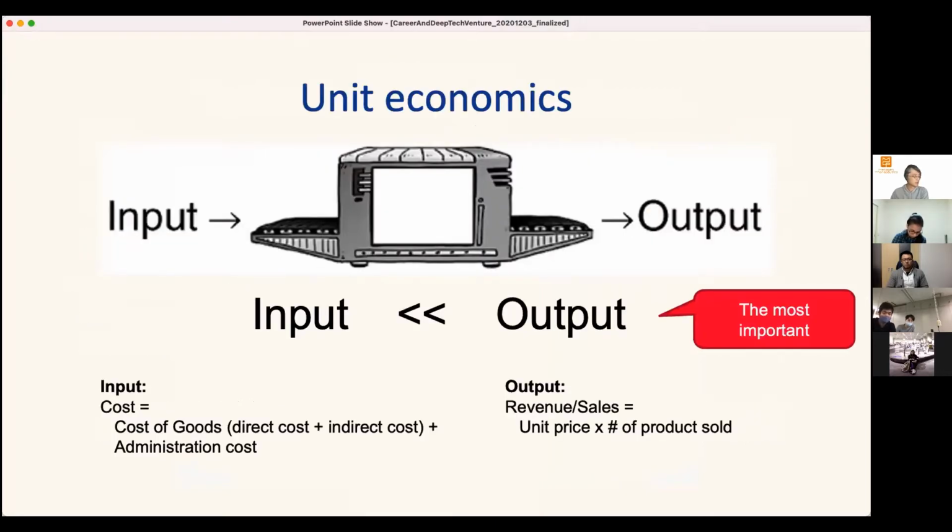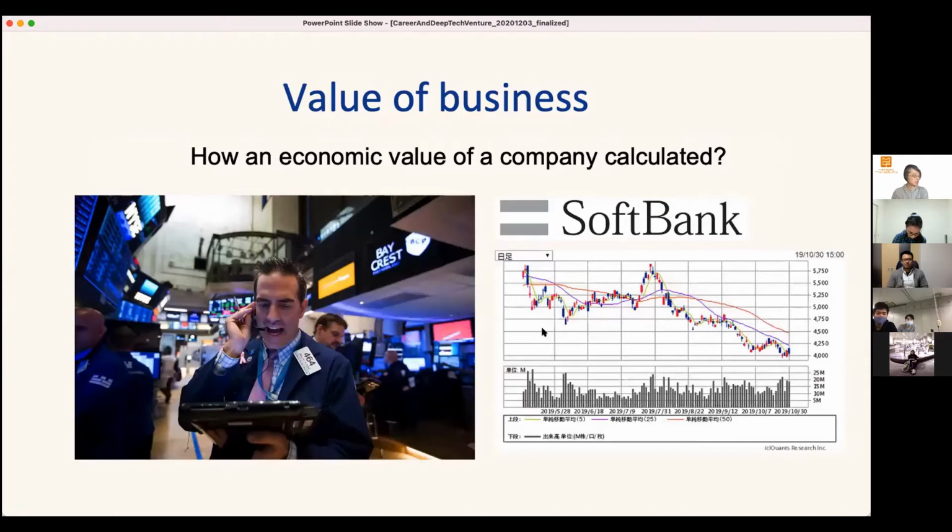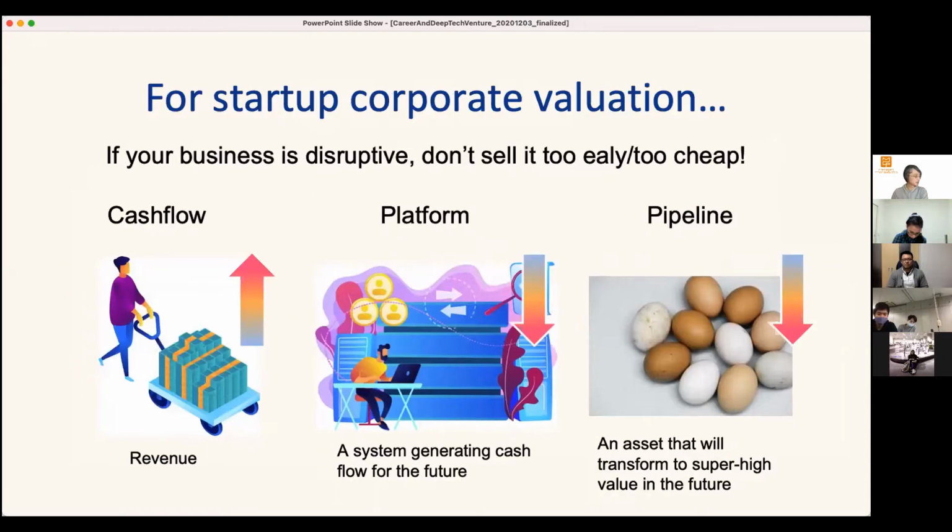So that's the first part, and I will quickly go through the value of the business. And as I said, the most important thing is unit economics. So if you put some money into your business and you get a return, your input needs to be much smaller than your output. And sometimes students design a business to input $10 and get just $1 or something like that. So it just simply doesn't make sense. It needs to get more money than your investment. Okay, for the interest of time, I will skip the value of business.